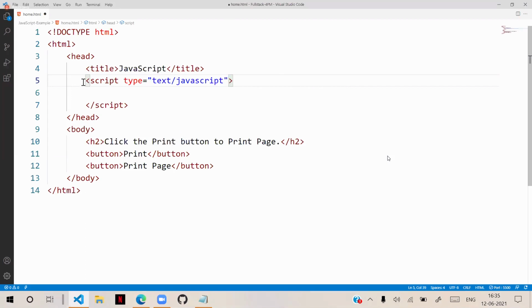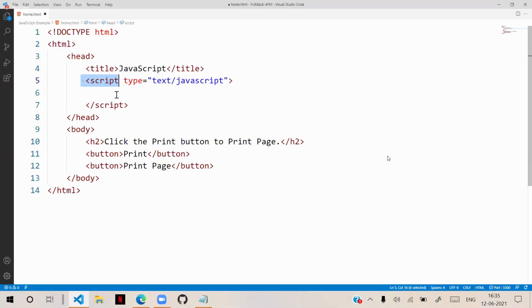actually the script tag is not only for JavaScript, it can be used for other types of scripts also. Like we have CoffeeScript, server side scripts, Babel scripts, JSX, so many are there. That is the reason it's very important to mention the MIME type, just like the CSS MIME type here also.